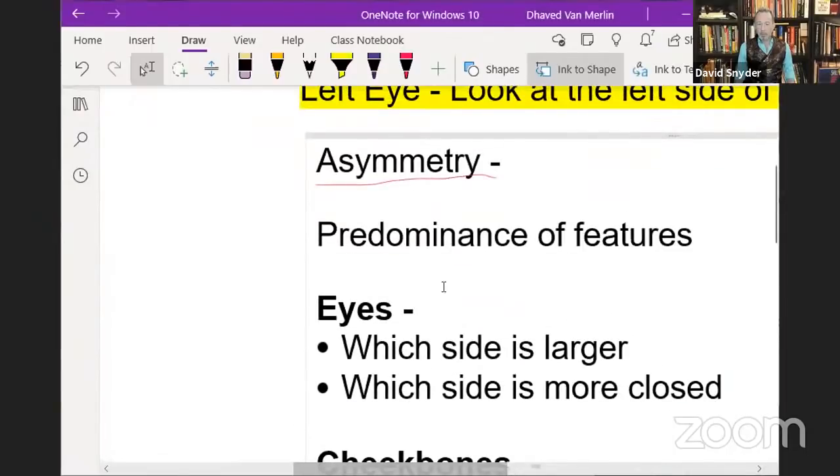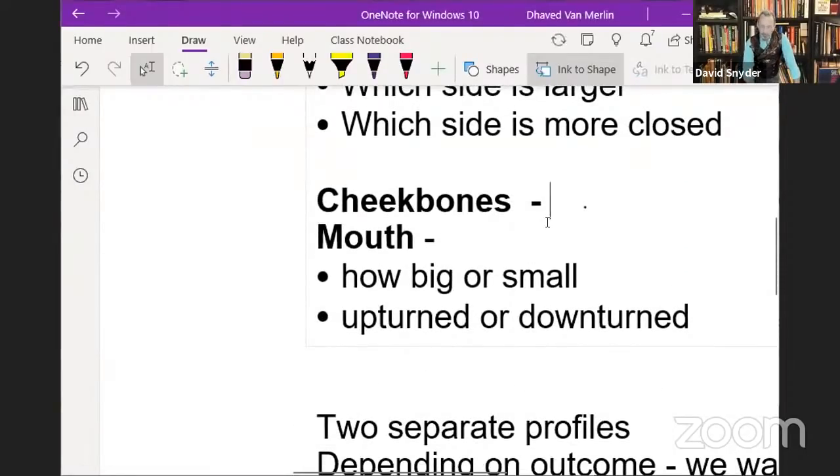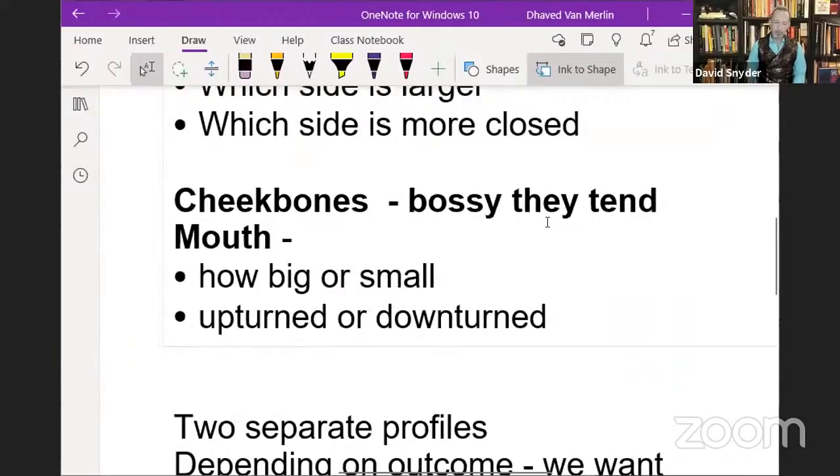So when we look at cheekbones, you don't see this too often. Sometimes you'll see cheekbones that are asymmetrical. This just tells you how bossy they are. They tend to be. I don't see a lot of asymmetry in cheekbones, but I do see a lot of asymmetry in the mouth